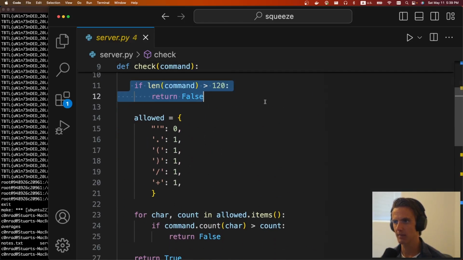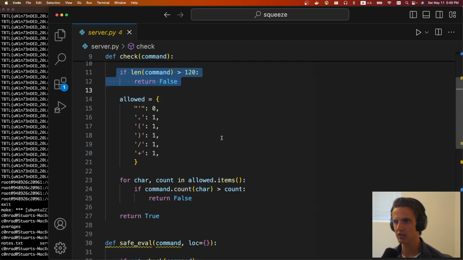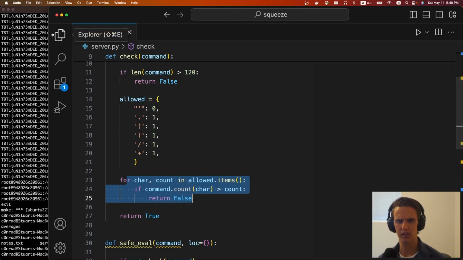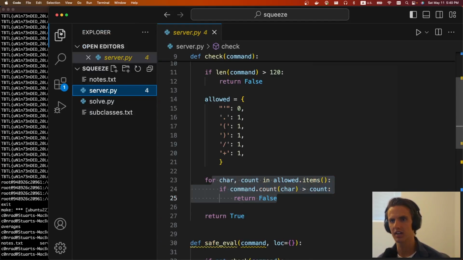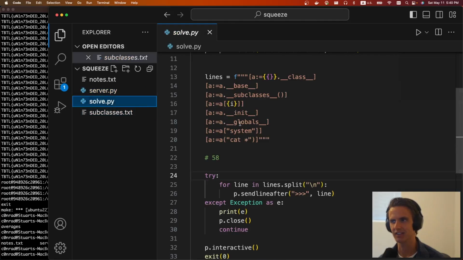For the filter, the command cannot be greater than 120 characters. We're only allowed to use 0 single quotes, 1 period, 1 open/close, 1 slash, and 1 plus. And that's what this code is doing. So it's a pretty restricted sort of PyJail. Maybe there's an unintended solution that's way better. I just did the standard sort of